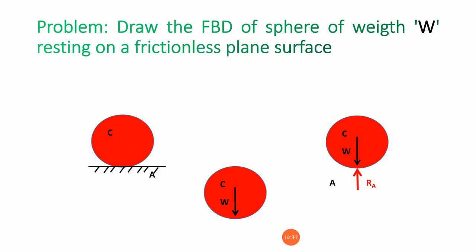So that means here RA is going to be the force which restricts the motion of the body in the downward direction. Then in this case, RA is equal to the self weight of the body. If it is not equal, then automatically the body is going to move in the downward direction. To be in the equilibrium position, the magnitudes must be the same, and at the same time they must exist in the collinear direction. Then we can say the system is in the equilibrium condition.